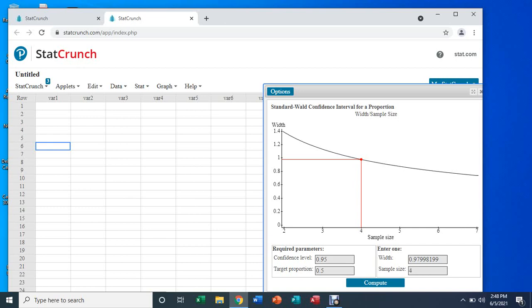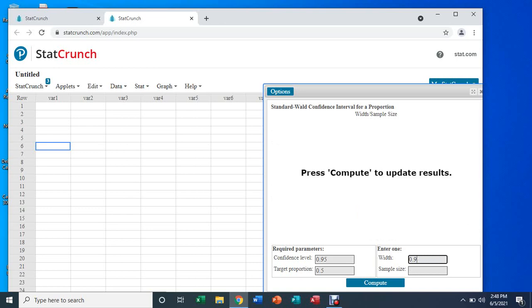Here is another thing you have to pay attention to. StatCrunch does not recognize the margin of error, but it has something else called the width, and the width is twice the margin of error. So our margin of error here, we said it's 5%. So the width will be 2 times that, so that's 10%, and you change it to decimal, so that's 0.1,